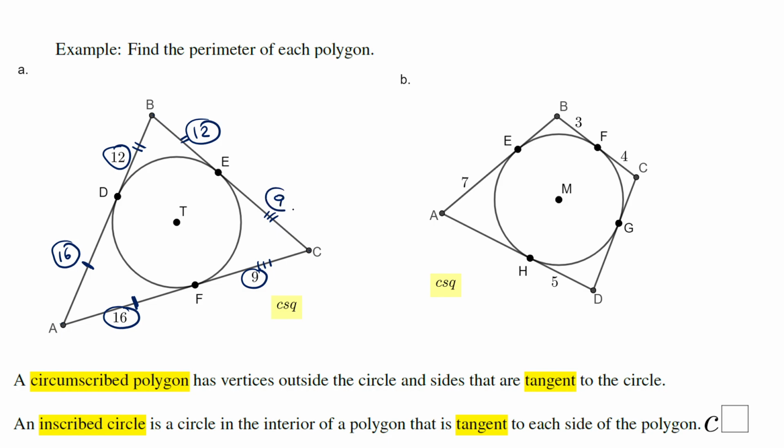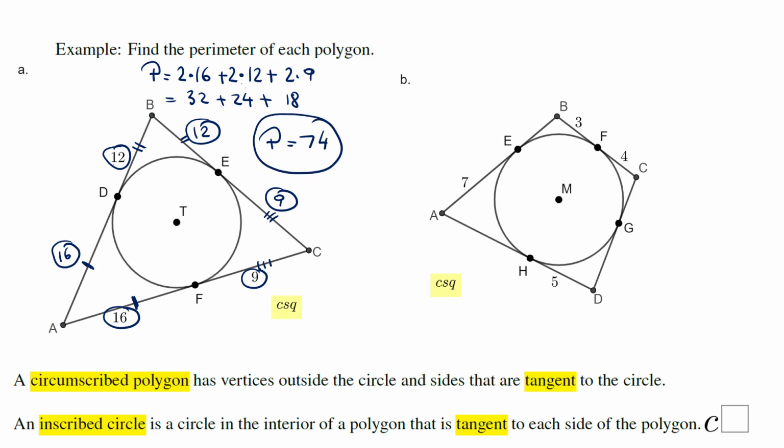So what else do we need to do to find the perimeter? We need to add all these numbers, but I can give you a shortcut here. If you notice, we have 16 twice, so we're going to have 2 times 16. We have 12 twice, so 2 times 12. And we have 9 twice, 2 times 9. So that will be 32 plus 24 plus 18. 32 plus 18 will be 50, plus 24, 74 is the perimeter of this triangle